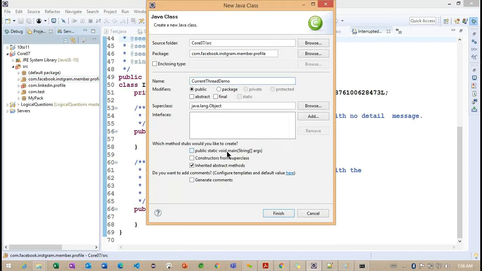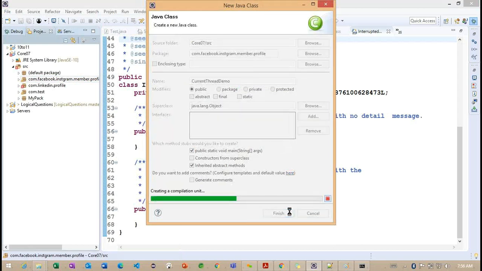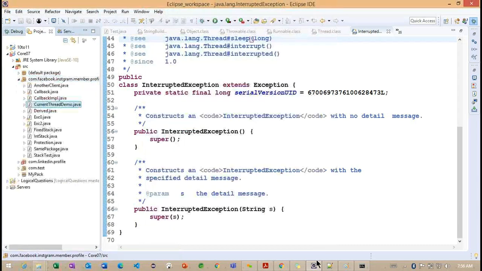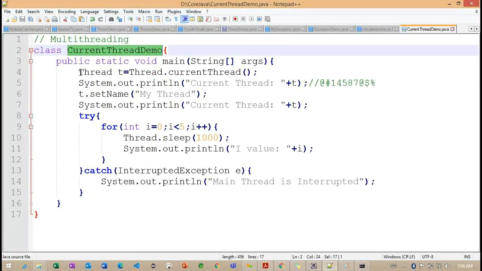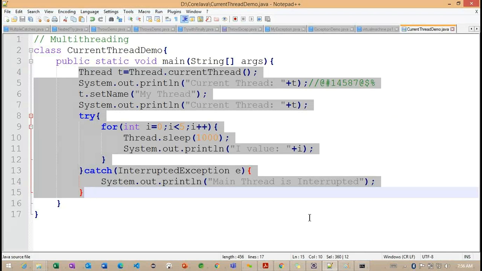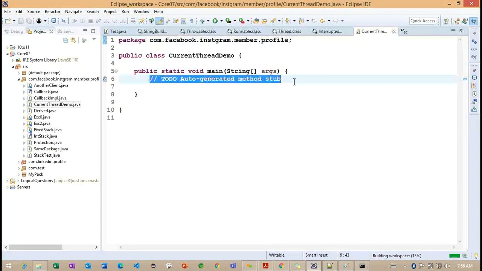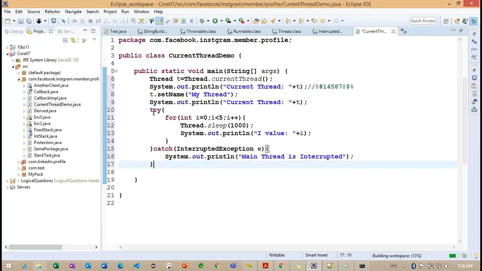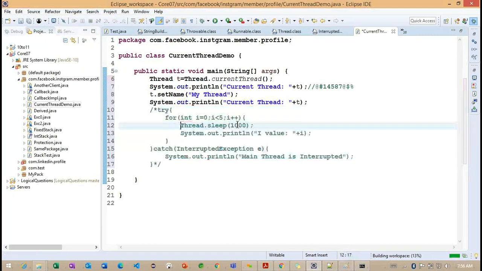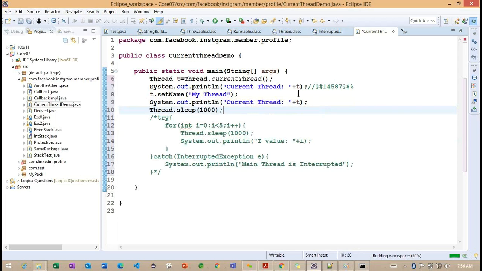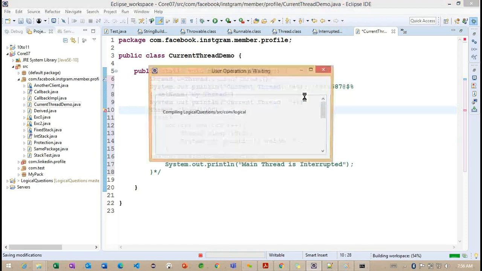Here, I'm creating one same class with our main method. Okay, the class is created. I'm going to copy the same code. Now you can observe what I will do. I will comment out this entire code and only enable this particular method here. If I save here,